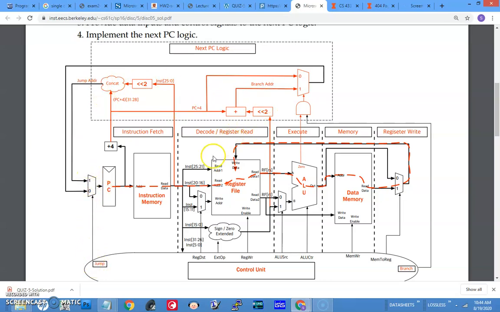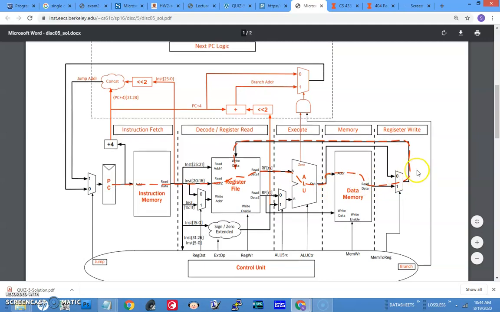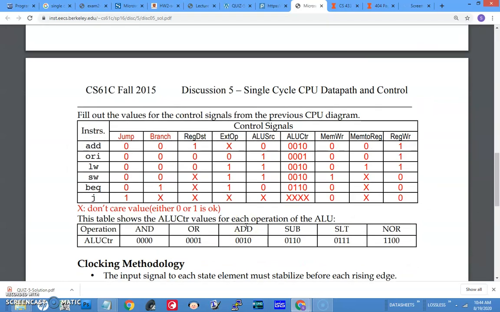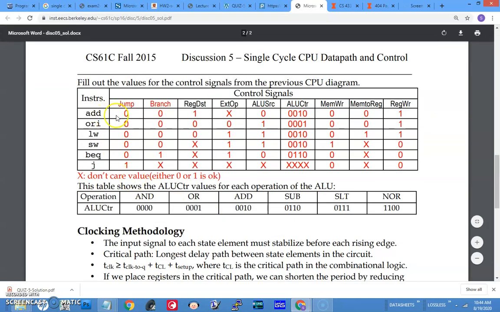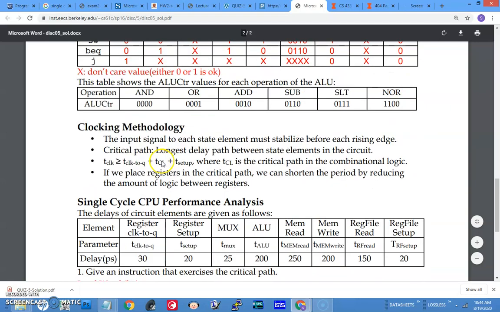So this is another way of drawing. Just wanted you to show different ways of representing it. So instruction fetch, PC logic, decode, register file, execute we mean by the ALU, then it goes to ALU address, memory, data memory, and then this is the control unit. So now this could be a question that can be asked. Add what are the control signals with respect to the thing. Now we know how to fill this table. So X means it's don't care.